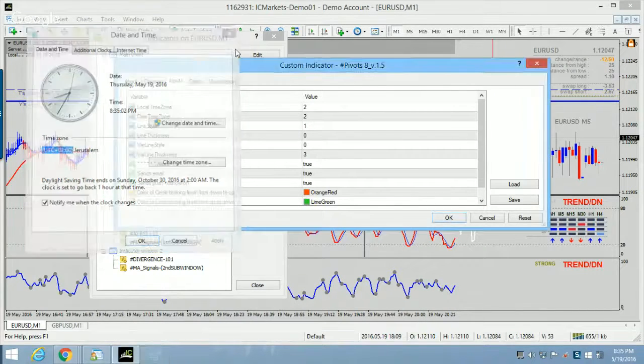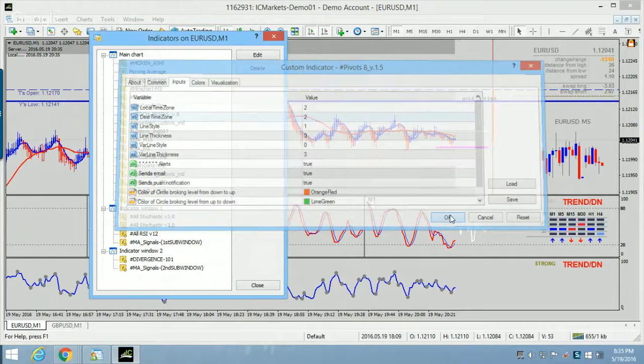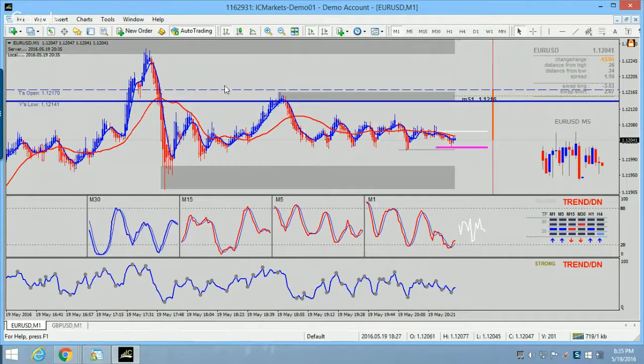So you enter your local time value 2, and because we are on this MetaTrader 4 and there is no difference, the same number will apply to the server time too. So okay, and this is how you correctly set your pivot indicator